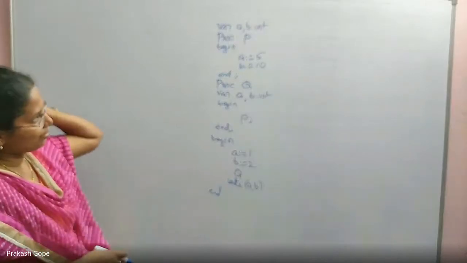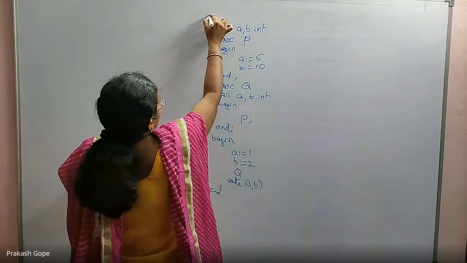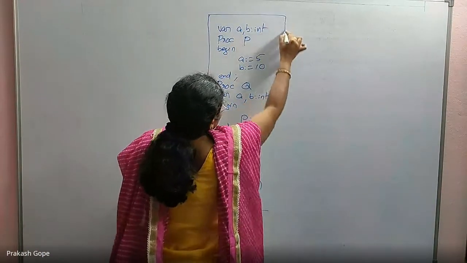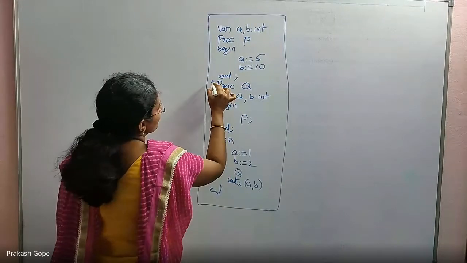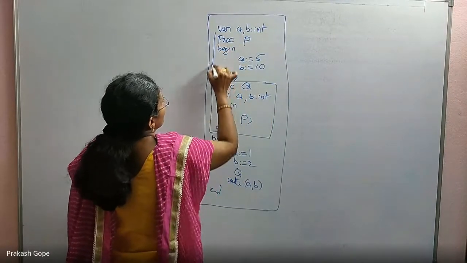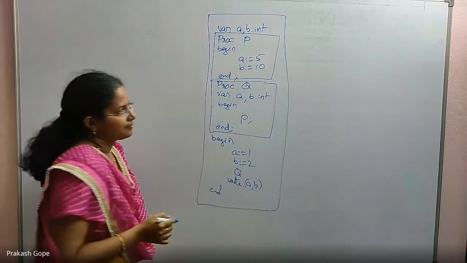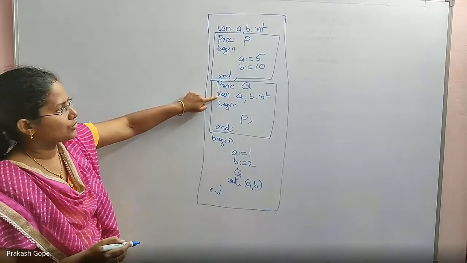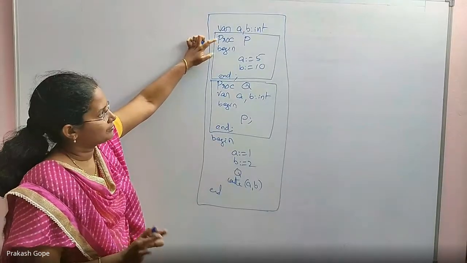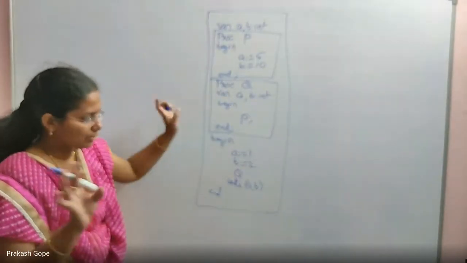So for this code, what is the output if it is static scope? What is the output if it is dynamic scope? So this is the actual block in which there are two more blocks. Procedure Q is one block, procedure P is one more block. Procedure Q has two local variables, but procedure P doesn't have any local variables. It has only two assignments. Here there is only one procedure call, that's all.